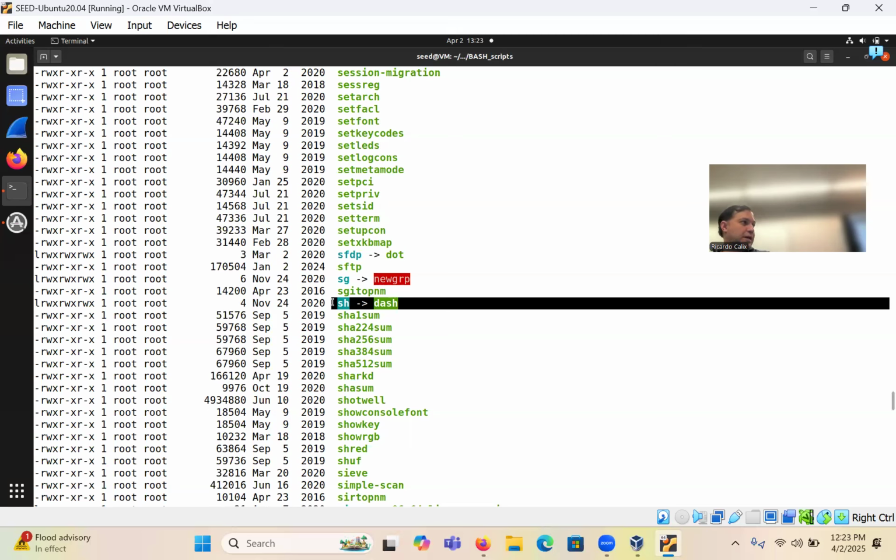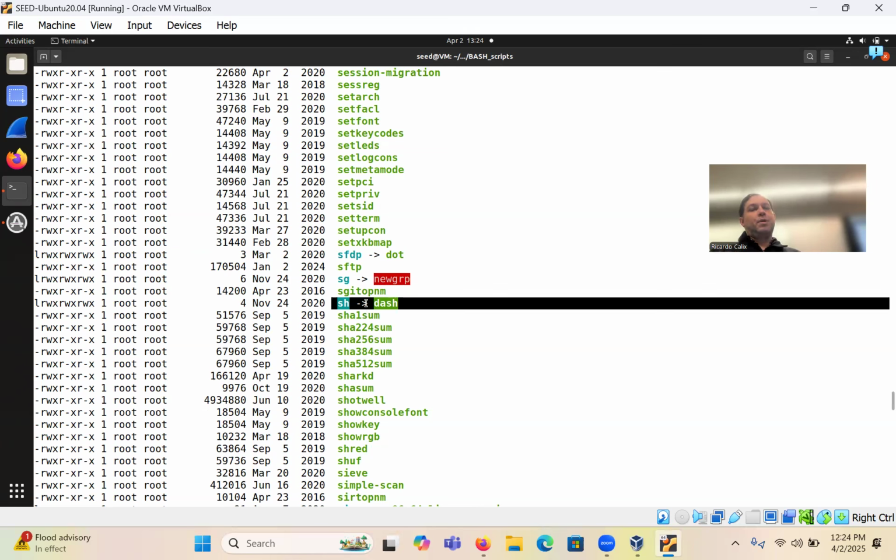If you look over here, there's this sh, which is just a symbolic link to something called dash. Okay. So dash, bash, csh, they're all command interpreters. So they're all like the same kind of program. csh on the SEED VM, csh actually is used on Macs, I think, as the default. Other systems will use something called bash. This one uses something called dash, right? But essentially, whenever we run the program, we just run sh because sh is a symbolic link to the program itself, okay? And on the SEED VM, I think csh by default has a vulnerability, and that's something that you guys might use in a future lab in a course like software assurance.